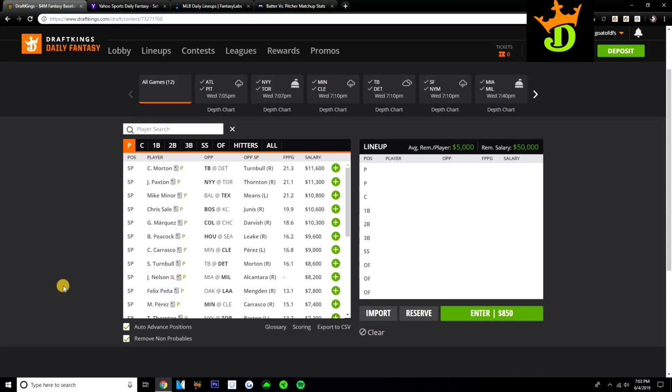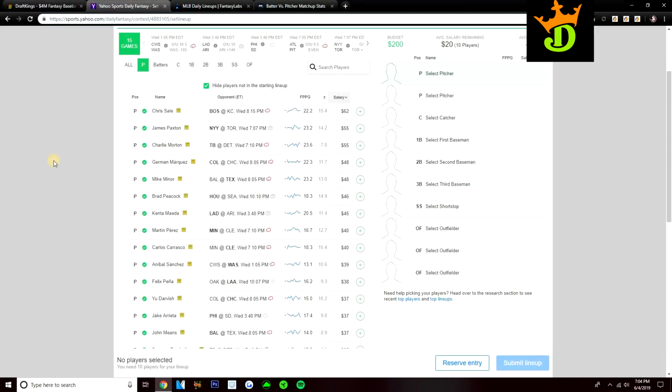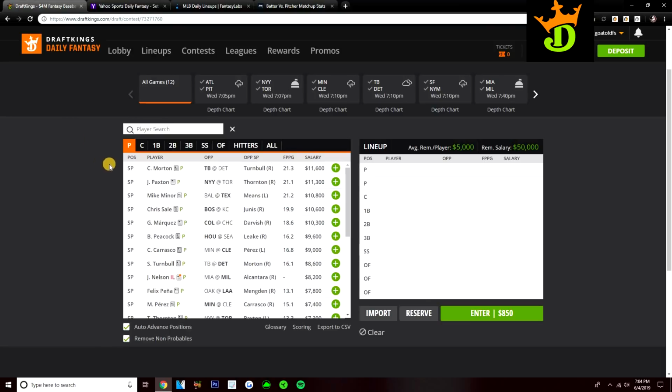So starting off at pitcher today, Charlie Morton is our most expensive option on DraftKings. He's $11,600, gets a matchup against the Tigers. On Yahoo, Charlie Morton's actually relatively cheaper than some of the top guys. He's actually $55 over here. Chris Sale is the most expensive option on Yahoo. He is $62. So I think pricing is going to play a big role today on who I go with